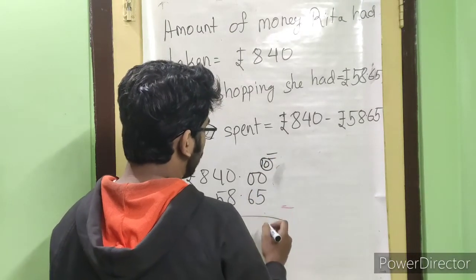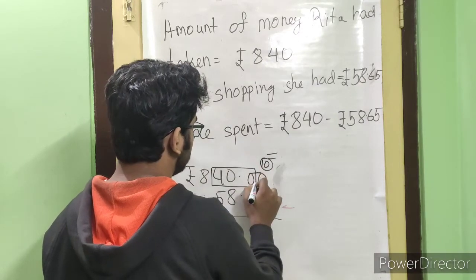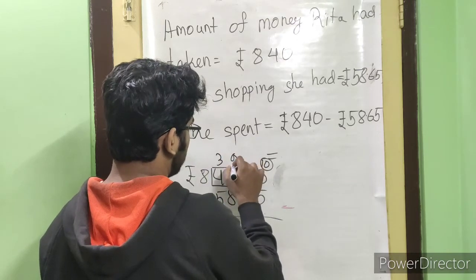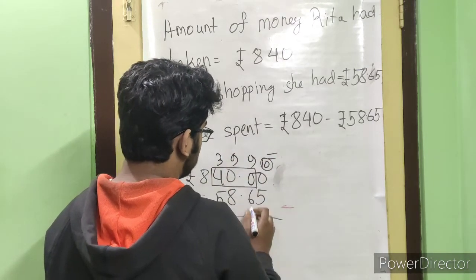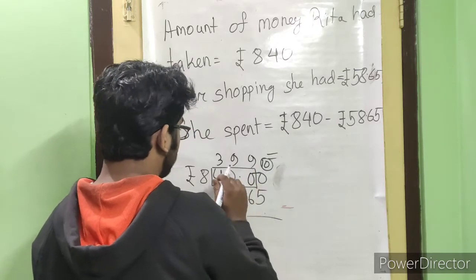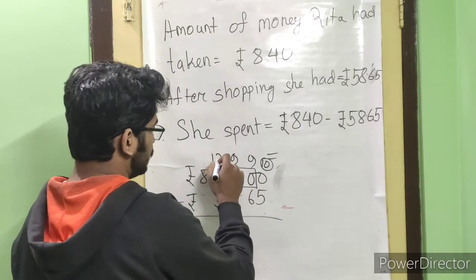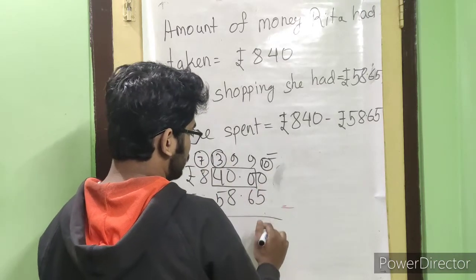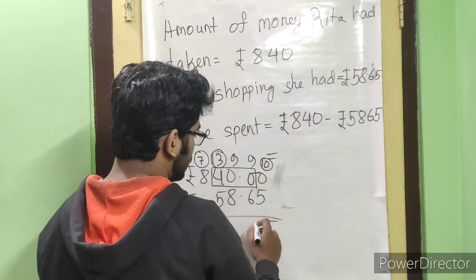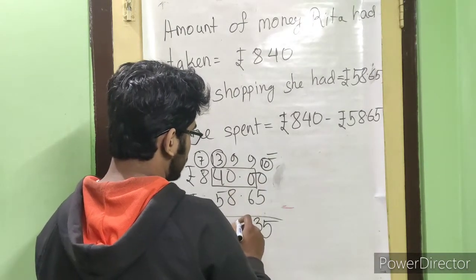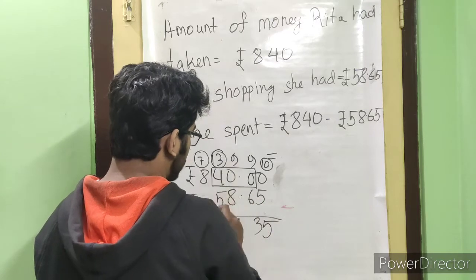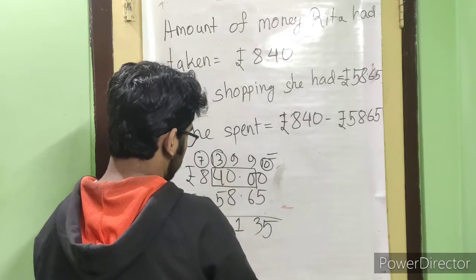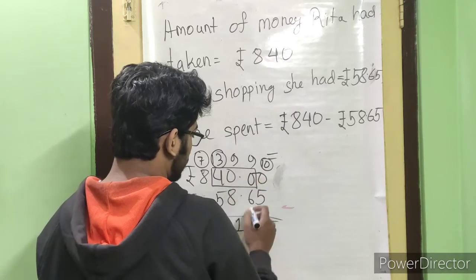Now what will we do? We will go for the common loan pattern. We will consider this as 10 because 5 can't be subtracted from 0, and after that 9. So 9 minus 6, okay. 3 minus 5 is not possible, so it will be 13 and it will become 7. So 10 minus 5 is 5, 9 minus 6 is 3, 9 minus 8 is 1, 13 minus 5 is 8, and 7 will be here, rupees 781, and the dot will be